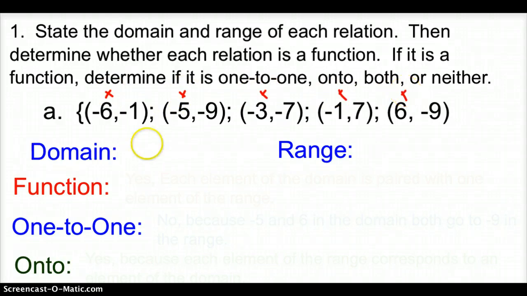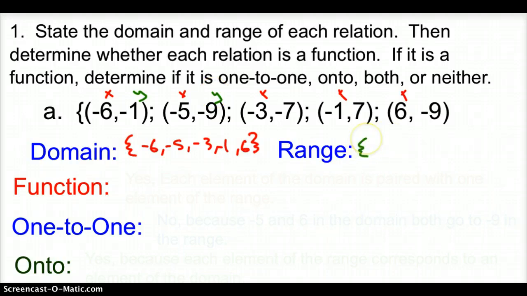So here, my domain would be -6, -5, -3, -1, and 6. And now my range would be all my y's. So my range would be -1, -9, -7, 7,